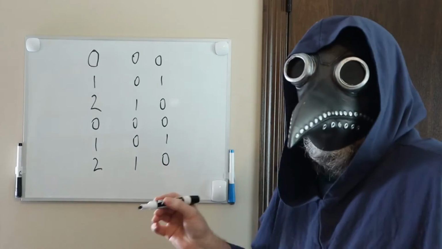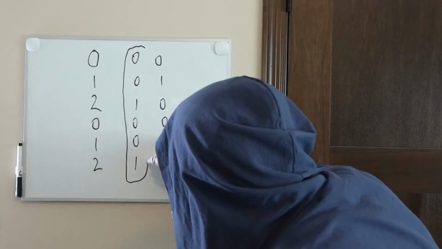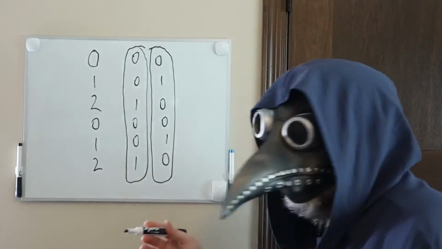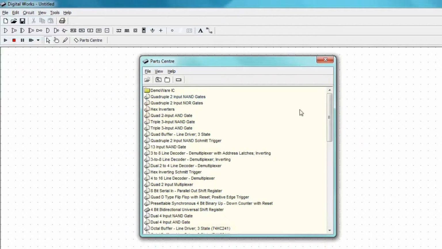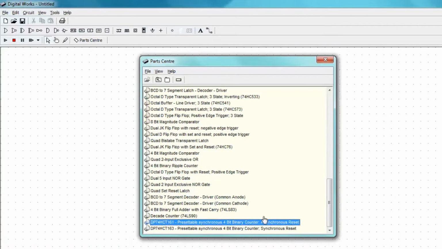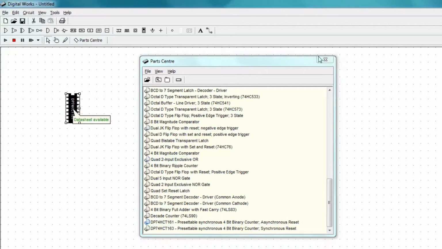If we take a look at either digit, then you can see we essentially have a 33% clock signal. So let's go into DigitalWorks and find a binary counter. I'll select the 74HCT161. Now, before you do this in DigitalWorks, make sure you check out my previous video on the 74HC161 and 163 errata, or else your simulations may not work. I'll include a link in the description below.